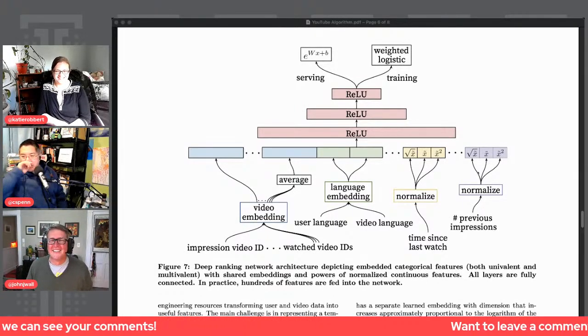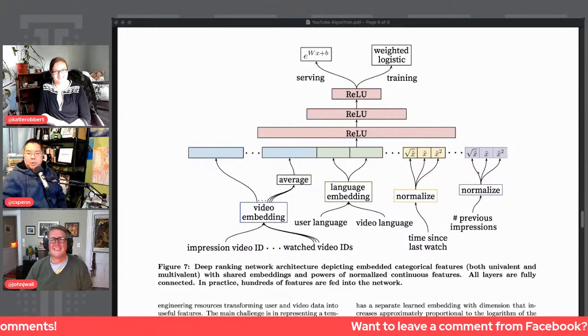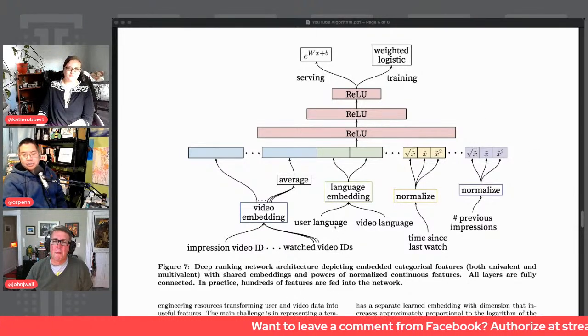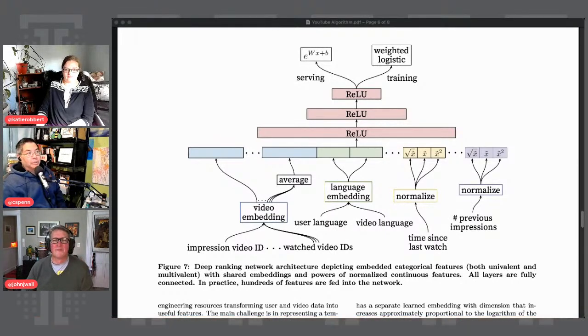Excellent. We can see here that in terms of categorical features, there's other things taken into account too. The user language and the video language are obviously important, right? You're probably not going to enjoy videos as much that you can't understand,